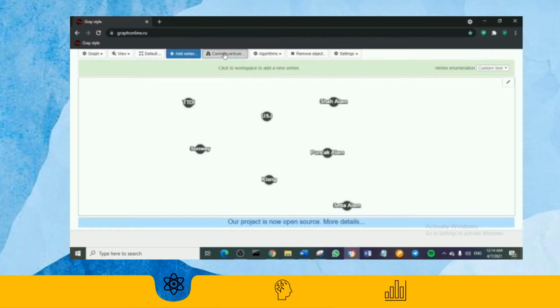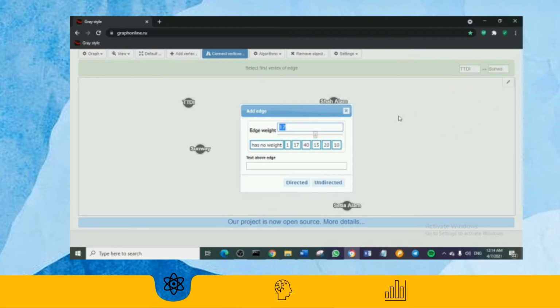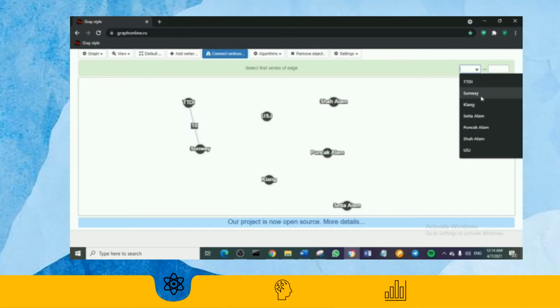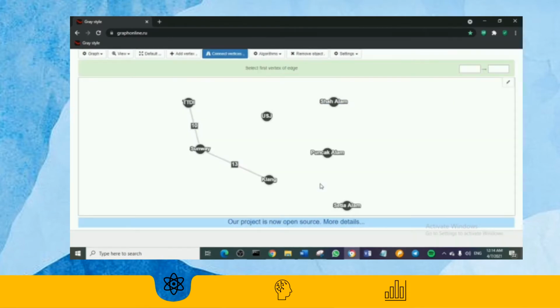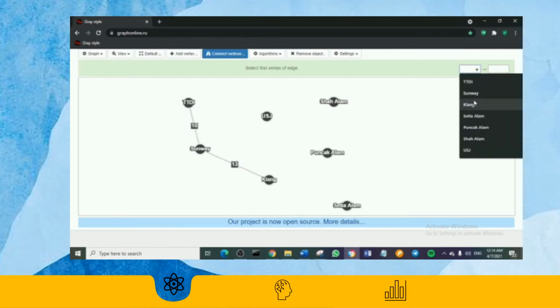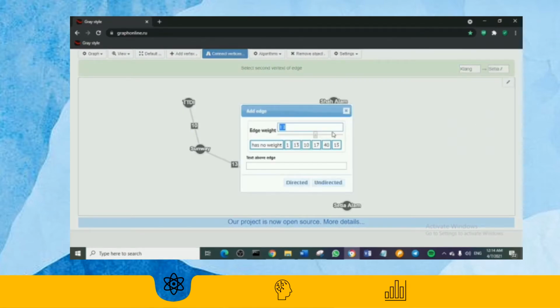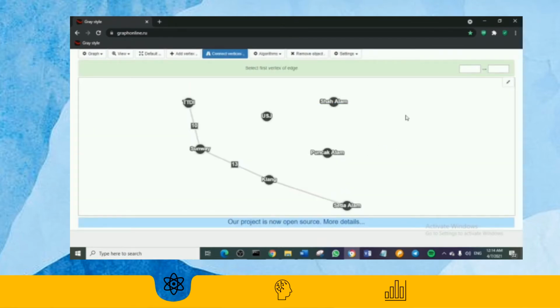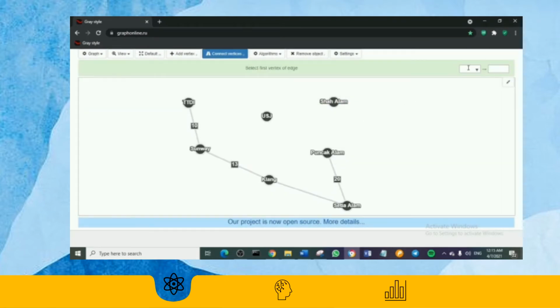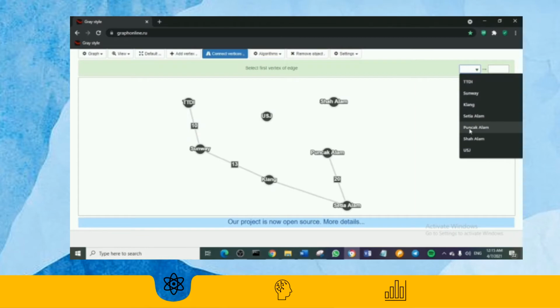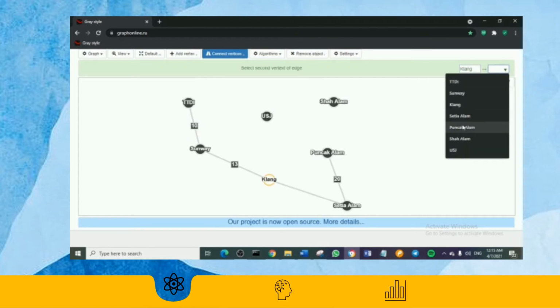Okay, so the first one, I connect vertices between TTDI and Sunway, which is 10 edge weight. Okay, and it's undirected. So the next one, I connect vertices Sunway and Klang, which is 13 edge weight. Next, I connected the vertices Klang and City Alam. Okay, the next one, I connect the vertices City Alam and Puncak Alam, which is edge weight 20 and undirected. Next one, I connect the vertices,